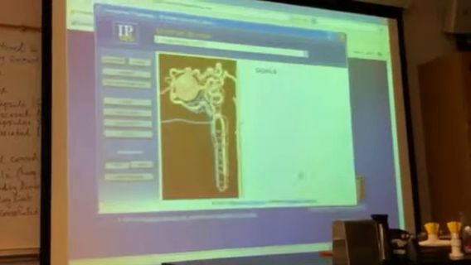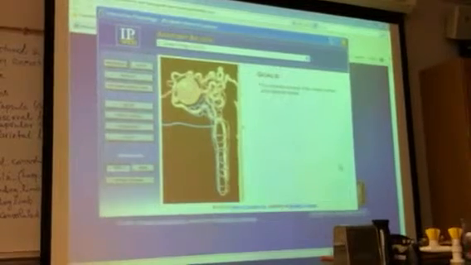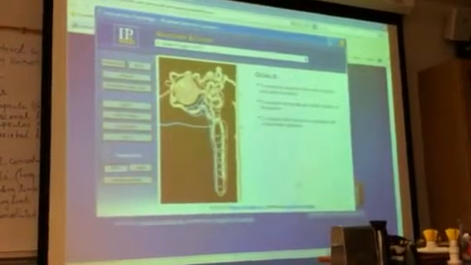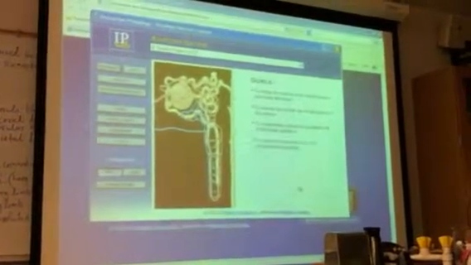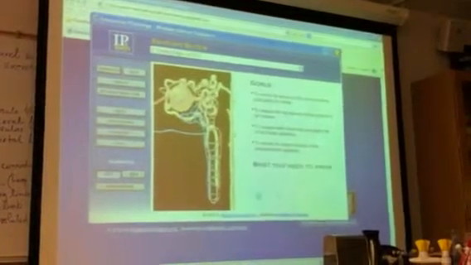Your goals for learning are to review the anatomy of the urinary system, particularly the kidney, to examine the vascular and tubular portions of the nephron, to compare and contrast the specialized cells of a tubular epithelium, to review the unique structure of the juxtaglomerular apparatus. Here's what you need to know.